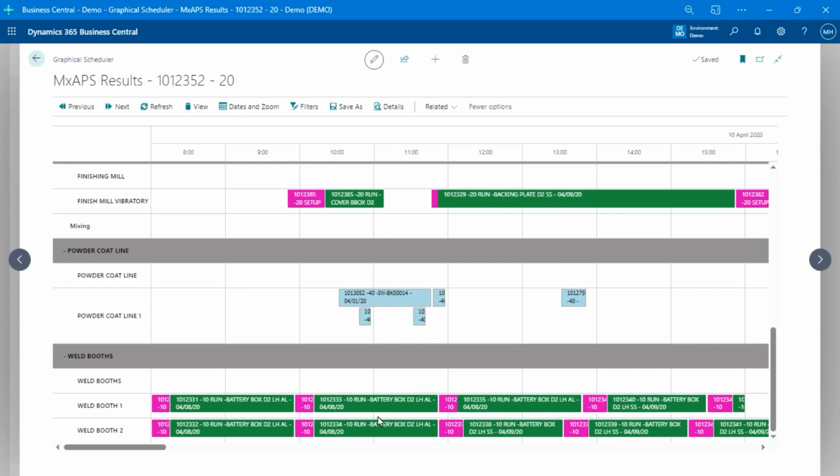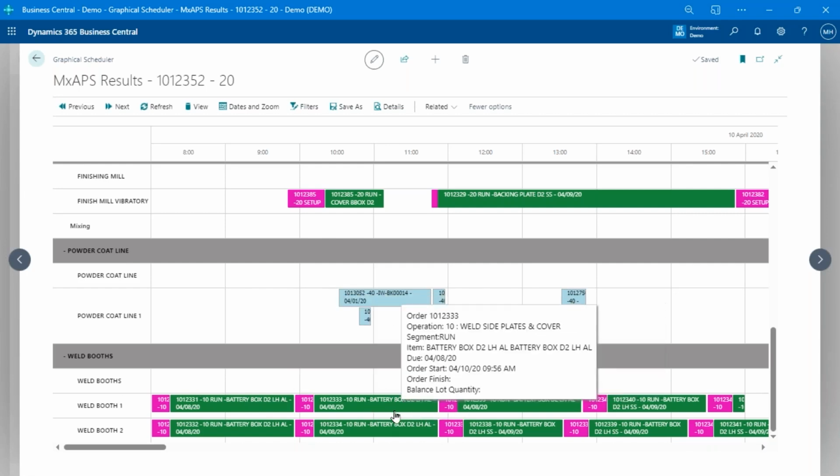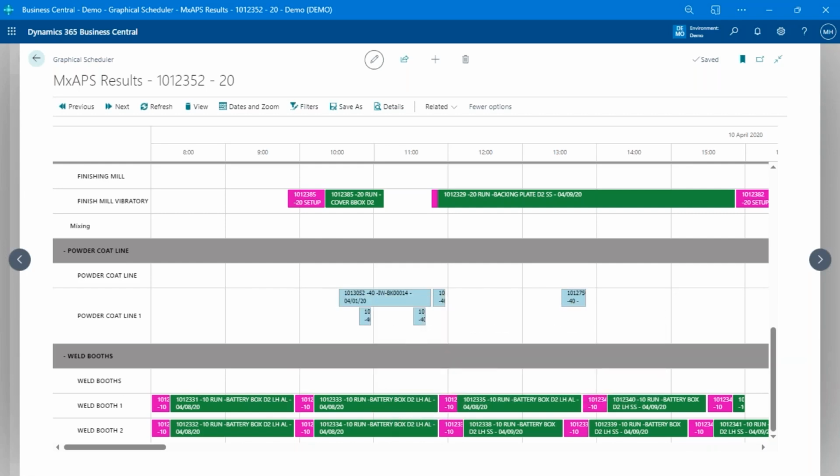Okay, and a question I also get often at these points is, what if I'm sequencing by material type, but I've got a high priority order that I need to get done outside of the sequence? No problem. There is the concept of a priority within MX, where I could say for this particular order, I'm going to make it a high priority order, and I'm going to override some of these other rules based on that priority to make sure it gets done sooner, right?